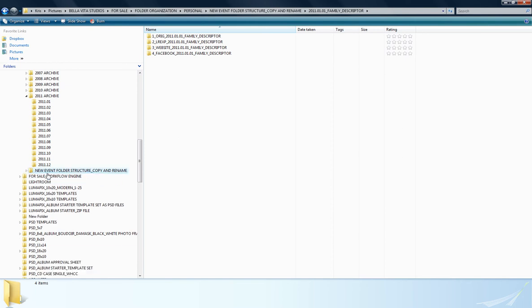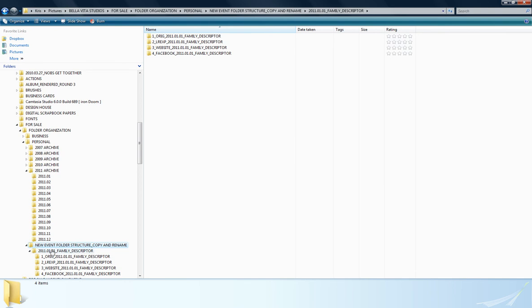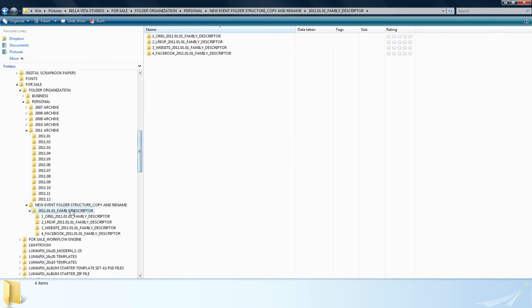So you can copy and paste this family event into any one of these month folders, put the correct date on it, put the family member name or the family last name, and then a short description. My last name is Gay, so let's say it was just our entire family, I would maybe just leave it as family. But I would put a date in here, family, and then Easter. And then I would put my pictures in and run them through just like I do the ones for my